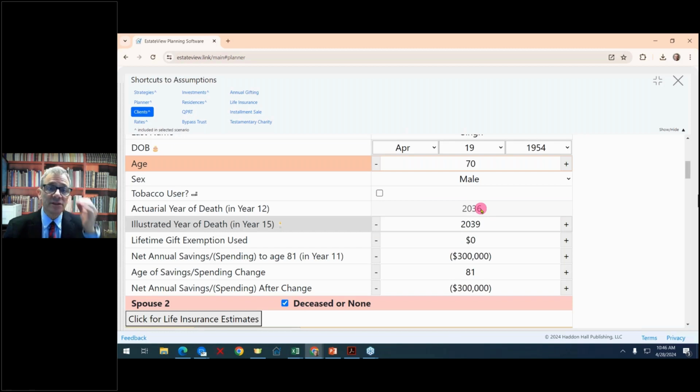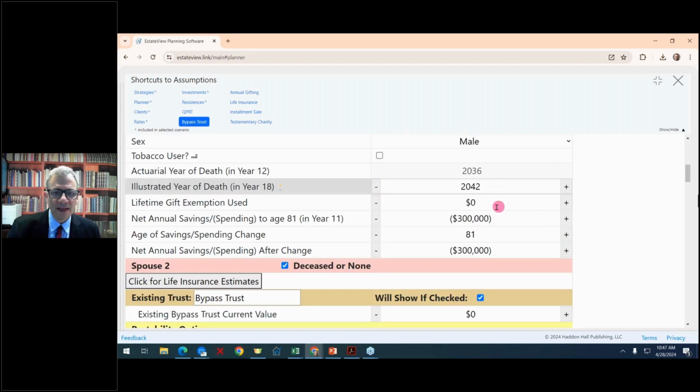By the way, these are based on standard life expectancy tables, and affluent clients who take care of themselves tend to live a lot longer than this. So maybe I'll let him live 18 years. How much of his exemption amount has been used in the past? We could say 0, or we could say he's made $1 million in reportable gifts in the past. Is he saving money from income that is external, such as a job, or is he spending money? And we will say that he is spending,